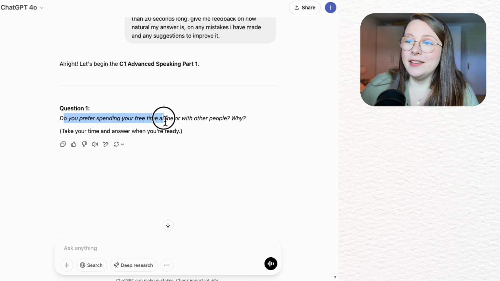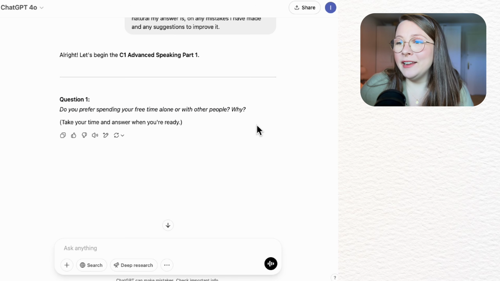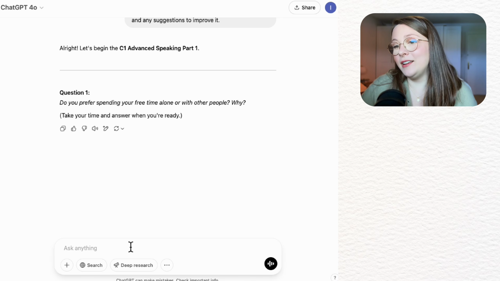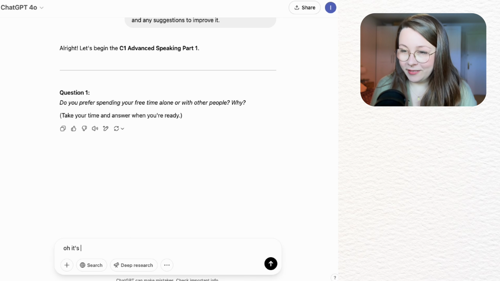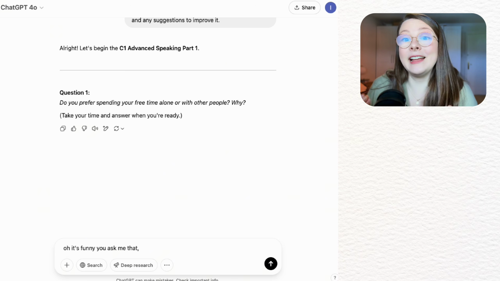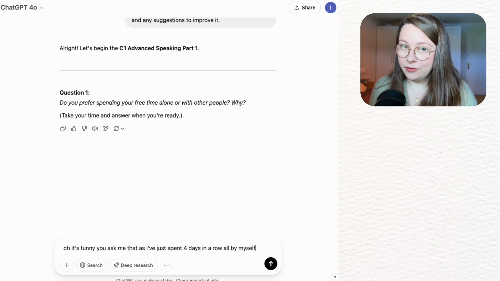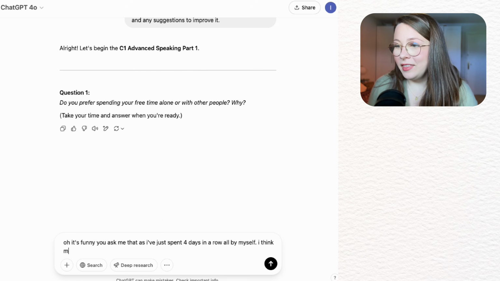So let's have a look at this example question. Do you prefer spending free time alone or with other people? So I'm at home by myself. I want to practice my answer to this question. I might say, oh, it's funny you ask me that. I want to use a nice natural phrase to start off my answer. As I've just spent 4 days in a row all by myself. True story. I think most people who know me